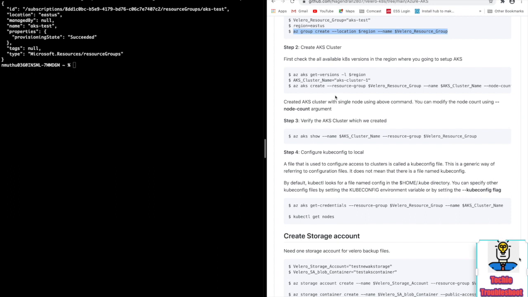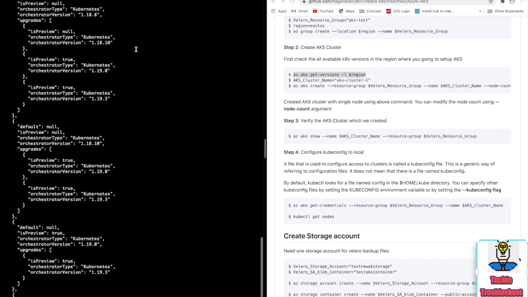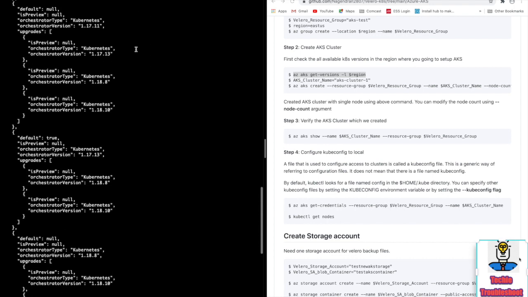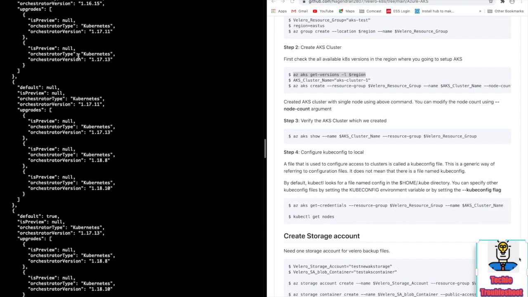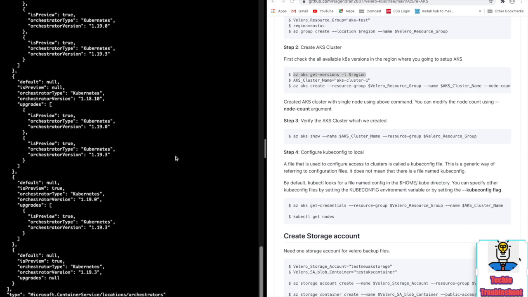And then we're going to set up an AKS cluster. Before setting up the AKS cluster, we have to get the list of available Kubernetes versions in your region, so that we can define which version you want to install. It will display all the Kubernetes versions available in your region. You can choose any one of them.